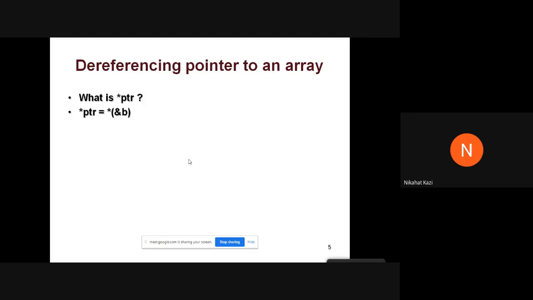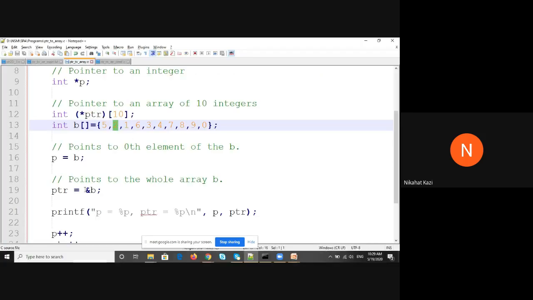So this expression is nothing but star of address of B, right? Because PTR is address of B. Now this star and address, these cancel out. Can you see this?